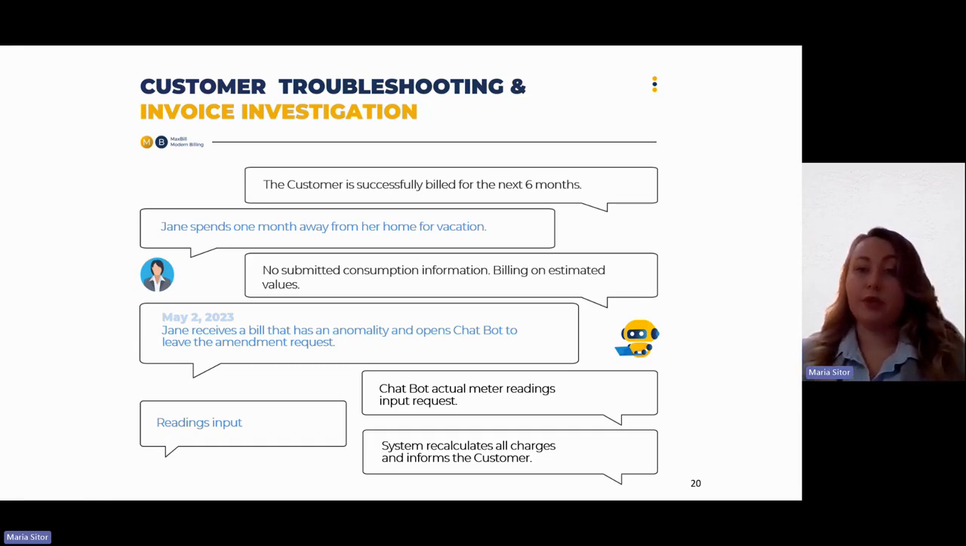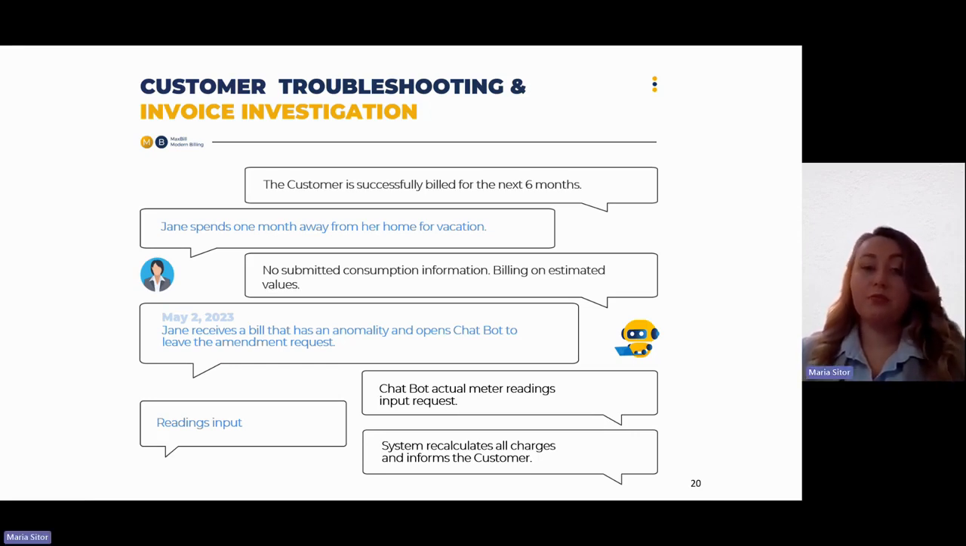So after Jane opened her email, she received a bill that had an anomaly, because she was not at home, so she couldn't use so much electricity and gas. After that, she decided to check the website and use the chatbot to leave the amendment request. The chatbot